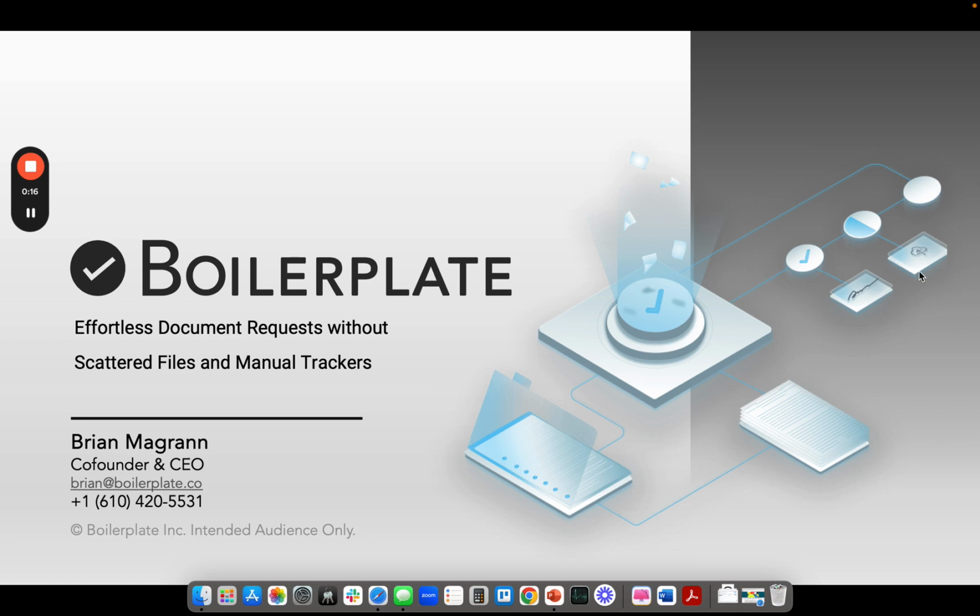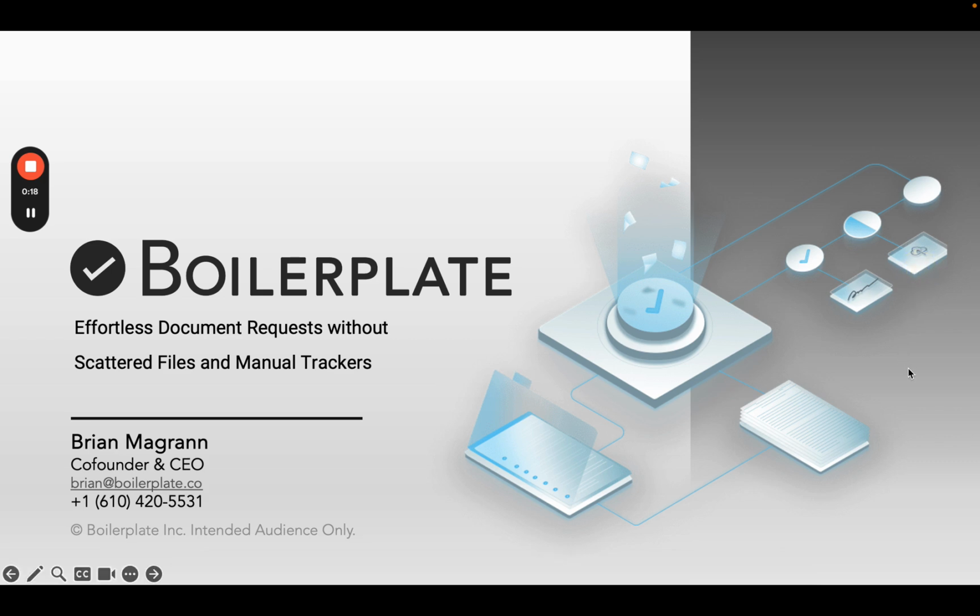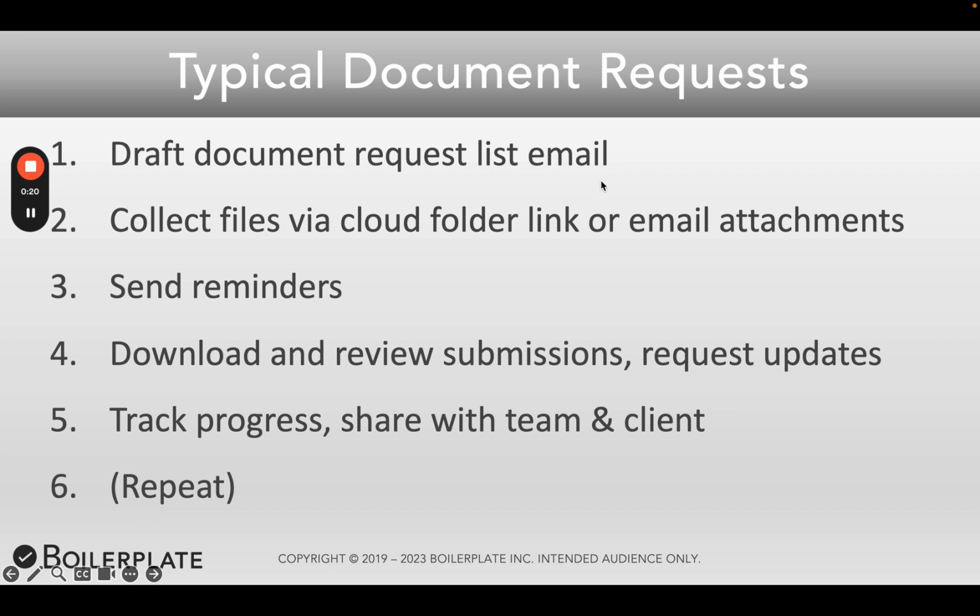So the normal process you're probably used to is drafting an email request list with all the stuff that you need the client to give you, collecting those files via cloud folder link or email attachments, sending manual reminders on open and missing items, downloading and then reviewing the submissions, writing another email to request updates, tracking the progress on a spreadsheet, which then gets shared with team members, potentially a separate sheet that you're sharing with the client, and